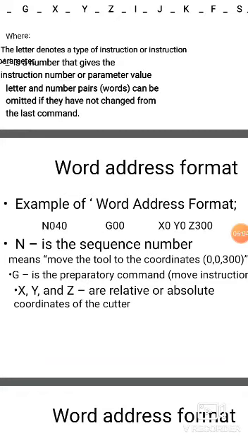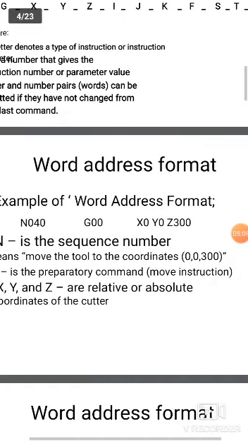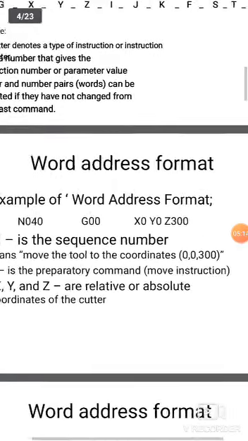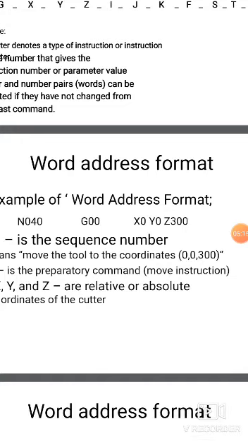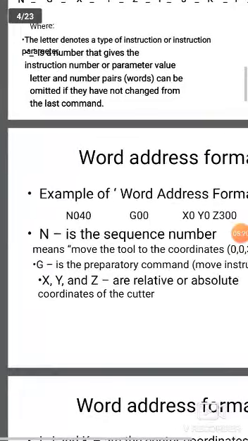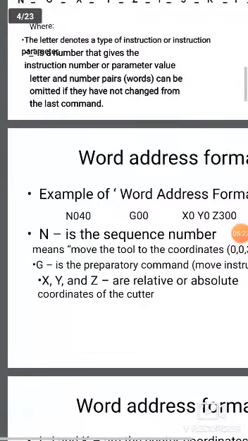It means move the tool to the coordinate 0, 0, 300. It indicates that the tool should move from 0 coordinate to 300. That is the meaning of N as a sequence number.